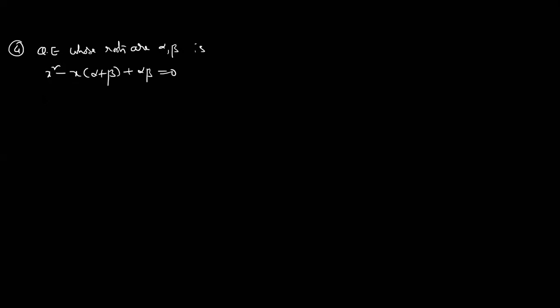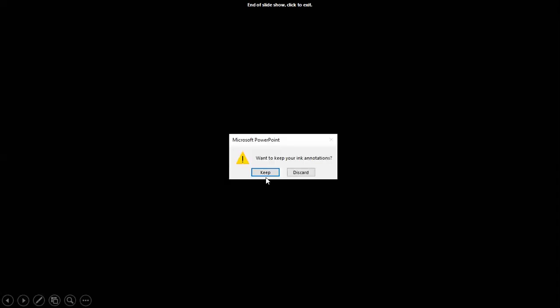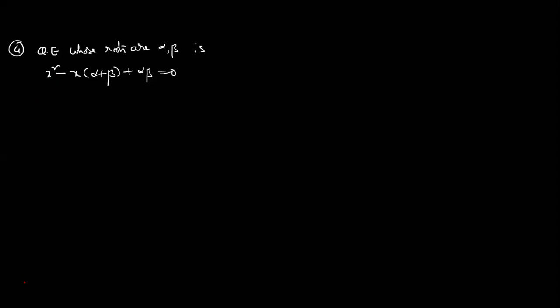But here, what is alpha, dear students? What is alpha? Why without my permission changing? Just a minute. So, sine square 18 degrees is alpha. Cos square 36 degrees is given as beta. See, be careful, this is a very, very good question.